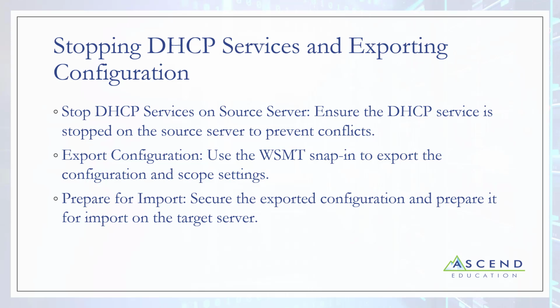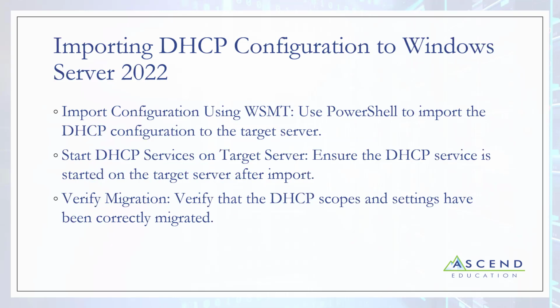You've got to stop the DHCP services and export the configuration if you're going to replace your DHCP server with a new one. You stop the services just by right-clicking on the DHCP server and choosing All Tasks, Stop, then make sure it's stopped, and then you can go ahead and export the configuration. You can export it right within DHCP, or you can install the Windows Server Migration Tool to do that export and import of the configuration. This is a tool that's free. You can download it from Microsoft, and it allows you to migrate from one company to